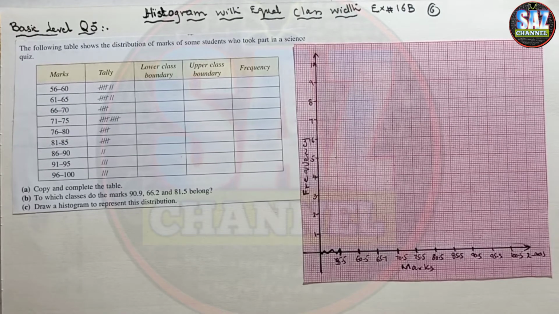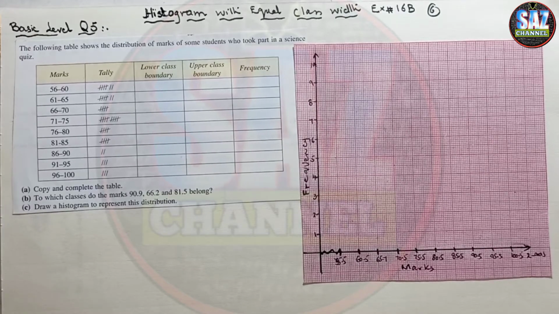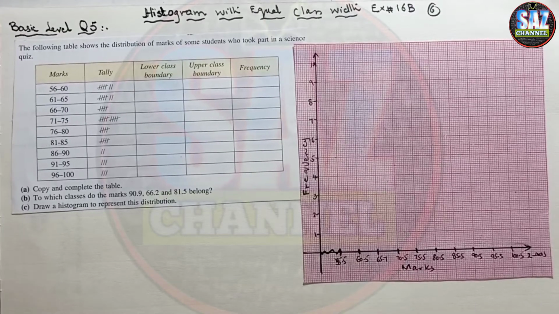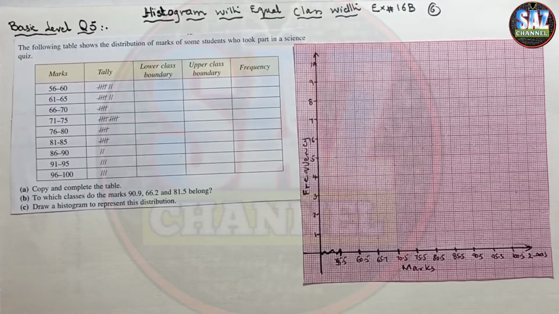So if you have missed the previous class or you are catching us late, you have to have a clear idea of all these terms so that you can understand this topic easily. And the second thing is that this is one of the most important concepts of your O-level examinations. So please watch and understand the previous lesson so that you can have a good command of the new topic. In this class, we will be discussing and solving basic level question number 5.